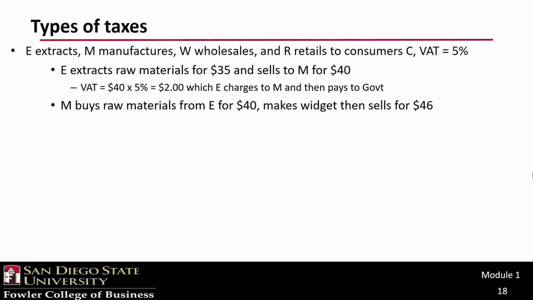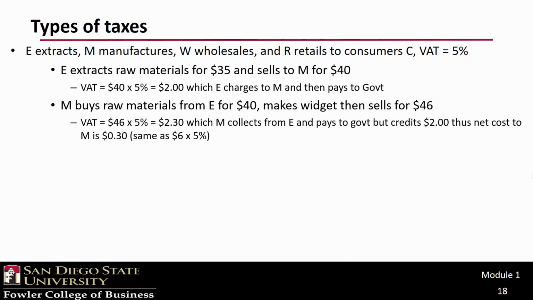In the next step, the manufacturer takes the raw materials and turns them into a viable product that M then sells for $46 to a wholesaler. The VAT equals $46 times 5%, or $2.30, which M collects from the wholesaler and pays to the government. But M is permitted a credit of $2 for the VAT paid. Thus, the net cost to M is only 30 cents, which is the same as the $6 increase in value